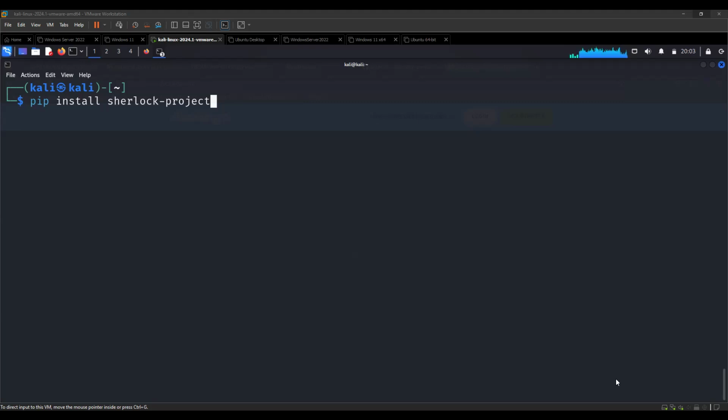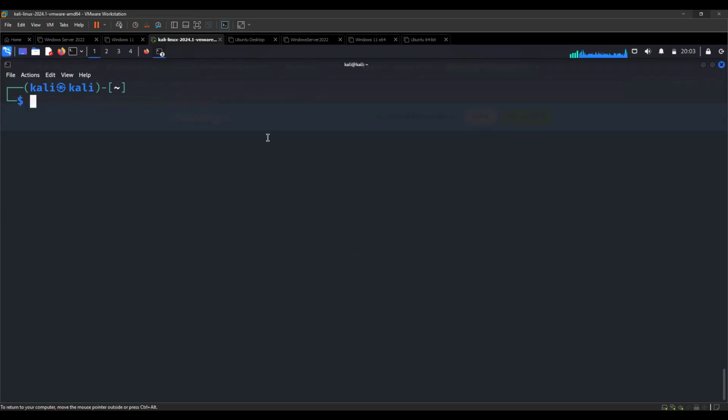Let me also see if I can post that on Slack. Install sherlock-project. Okay, well, that's the command to install Sherlock.